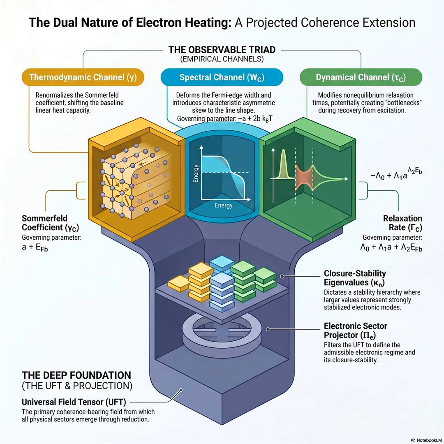And as we wrap up this deep dive, it leaves me with one final, very provocative thought. Oh, I'm intrigued. What is it? Well, Lillian's entire paper is hyper-focused on the microscopic low-energy electronic sector. Right. He's talking exclusively about electrons, Fermi surfaces, and angstrom-level quantum states. Yes. But if the universal field tensor, the U, is truly universal, as the name implies, and if this concept of closure stability dictates how energy redistributes in a constrained system, could this exact same mathematical framework apply to macro systems? Wow, now that is a truly fascinating leap.